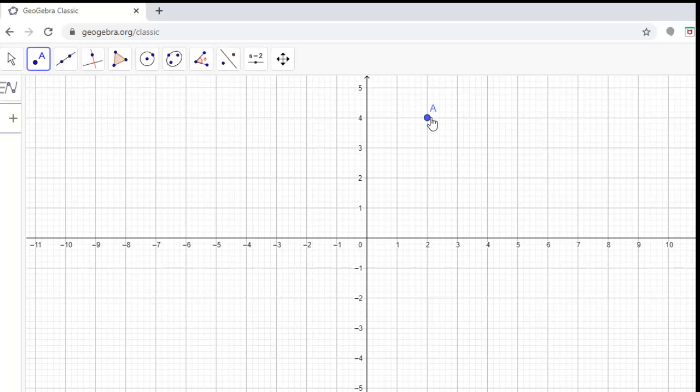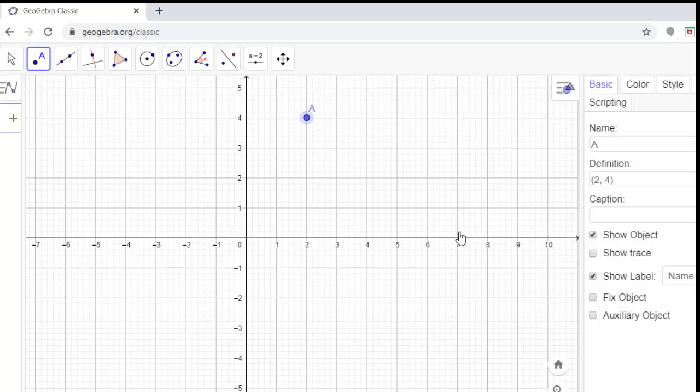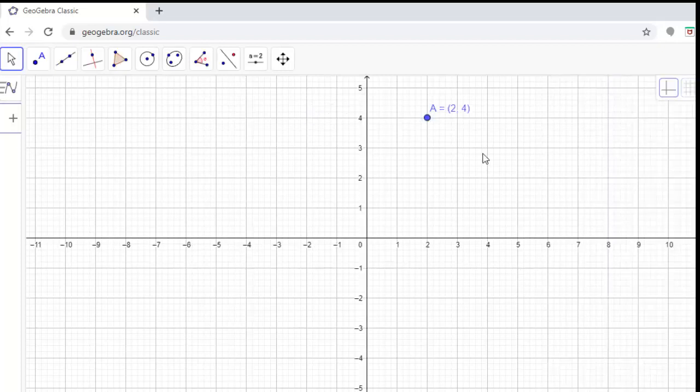Now if you want to observe its coordinates, you have to go to settings and select the values also, name and value. So here I have plotted the first point, 2, 4.